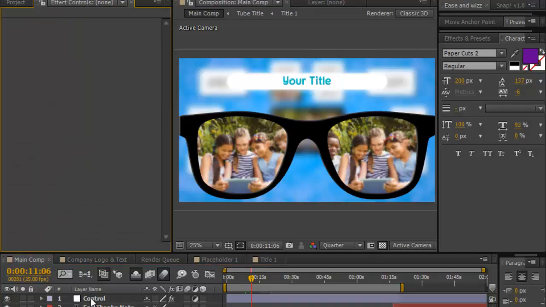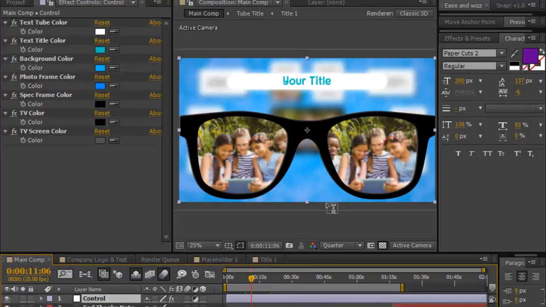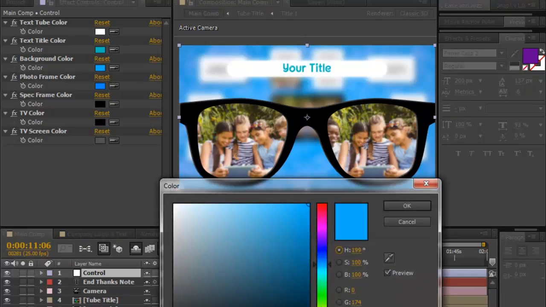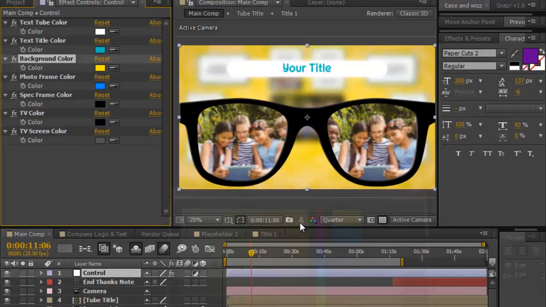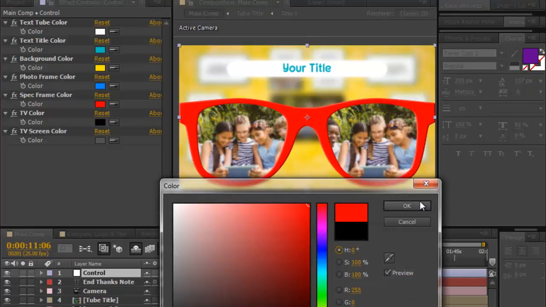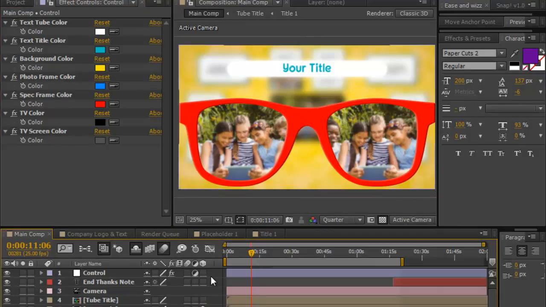And the next important thing is the control of the colors. You don't need to go to individual comps or scenes. You can just change the color from here. Like if you want to make the color yellow or anything, you can change it from here. If you want to change the spec color, you can change it from here.